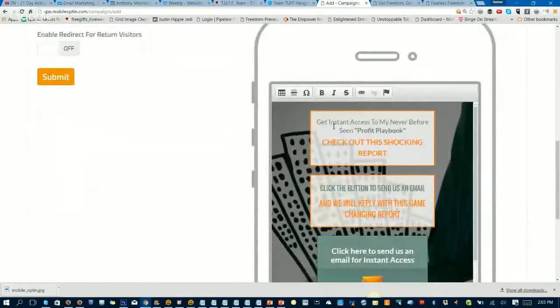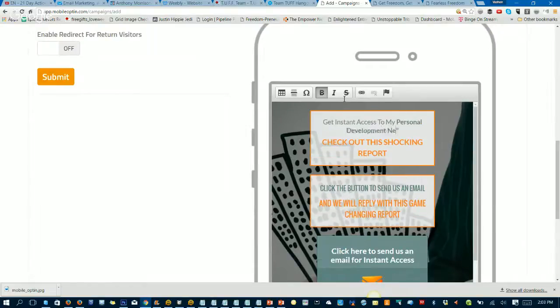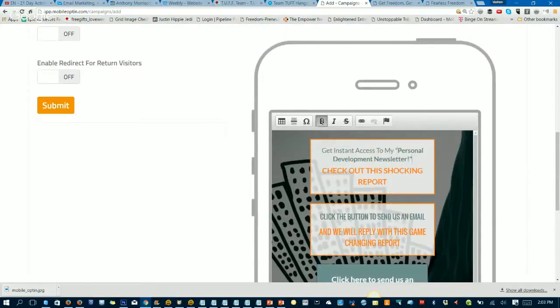So you see, here's the template. And all I've got to do is click into the box, and I can change this text. Get instant access to my, let's just change it here. And you're literally looking over my shoulder right now as I do this, which is great. Okay, it looks like that wasn't bolded there, so it's bolded. See how it gives you all the tools up here? Okay. And then you might just put touch